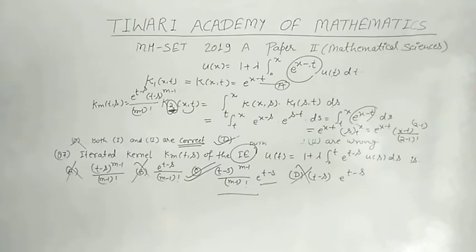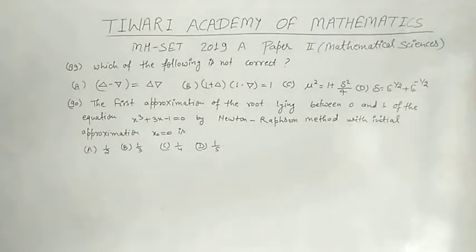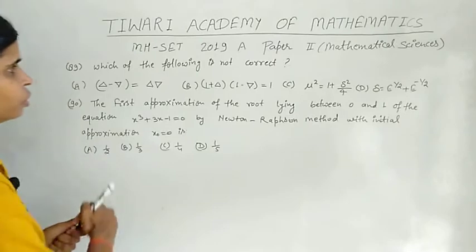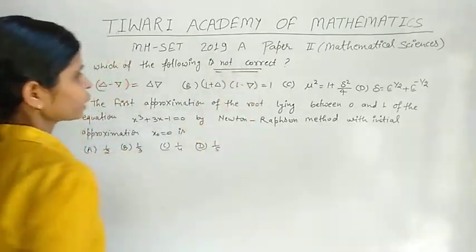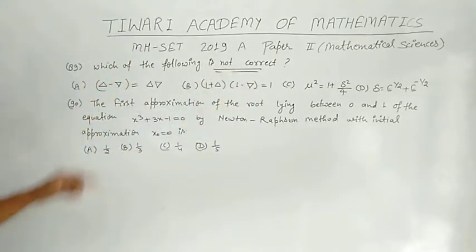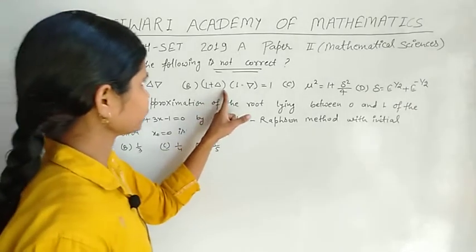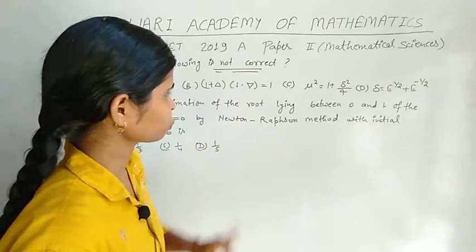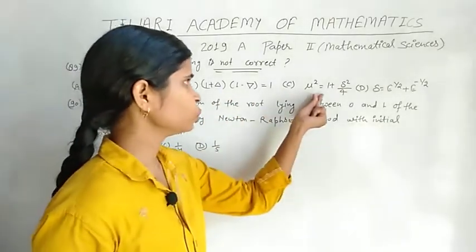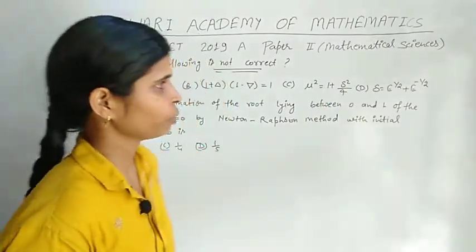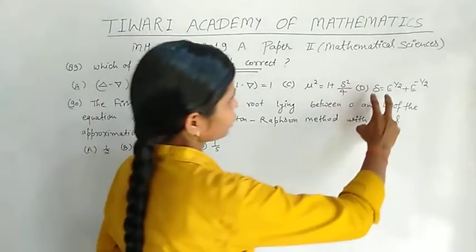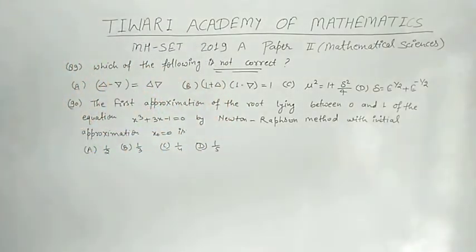Now we move on to the next question, question number 89. The statement of question number 89 is: which of the following is not correct? We need to find the not correct statement. Option A, delta minus nebula is equal to delta nebula. Option B, (1 plus delta) into (1 minus nebula) is equal to 1. Option C, mu square is equal to 1 plus del square by 4. And option D, del is equal to e raised to power 1 by 2 plus e raised to power minus